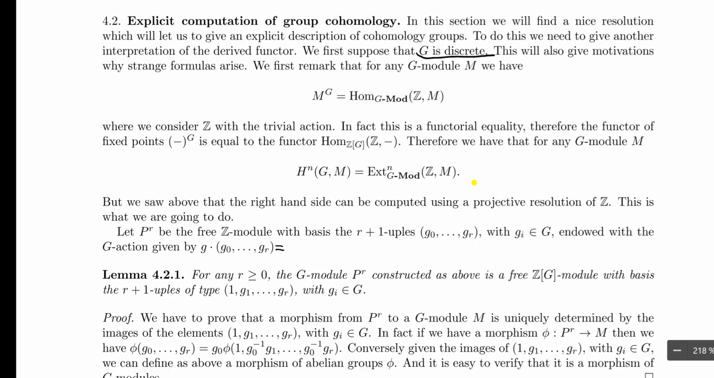We first remark that for any G-module M, the fixed points of G on M is the set of homomorphisms in the category of G-modules from Z to M. So to write more explicitly,